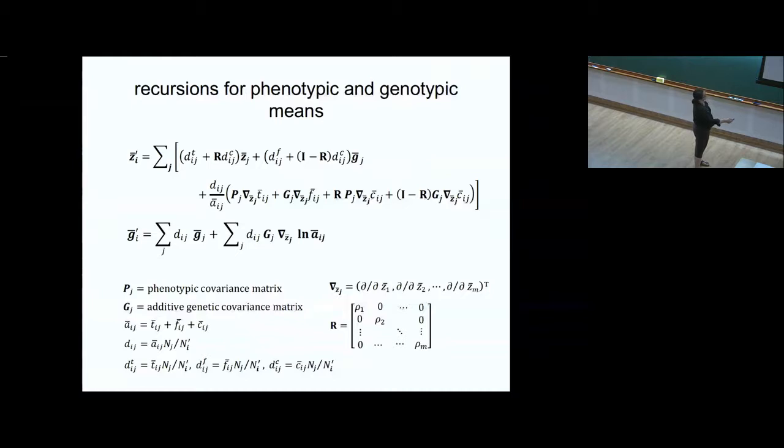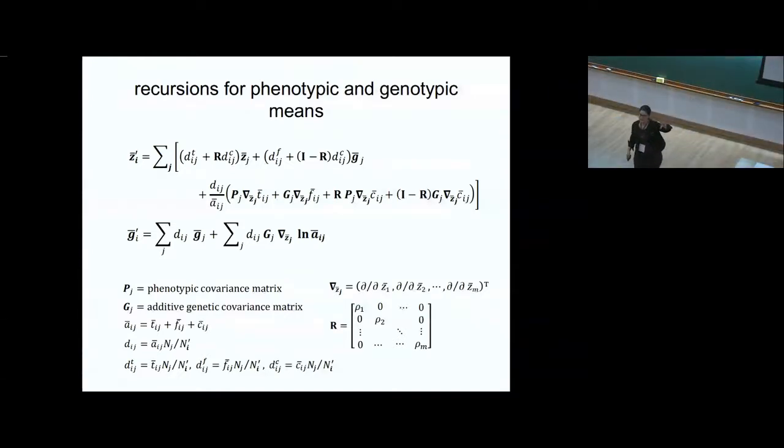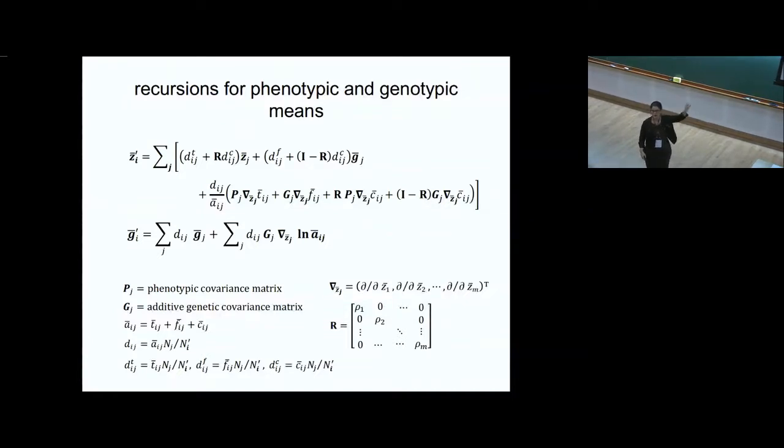First of all, you know what these things are here because I talked about them. Yeah, I wrote them over here. They're gone. But remember P, the matrix of phenotypic variances in the diagonal and phenotypic covariances in the off diagonals. And G was the additive genetic covariance matrix that had the additive genetic variances in the diagonal and then the additive genetic covariances in the off diagonal.